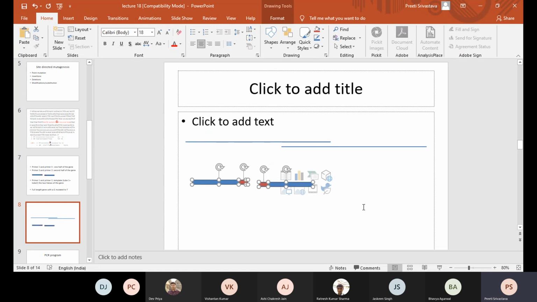See that we have these two halves, right? So now when we mix the two, denature it and then anneal it, you can get something like this because this red region is common.